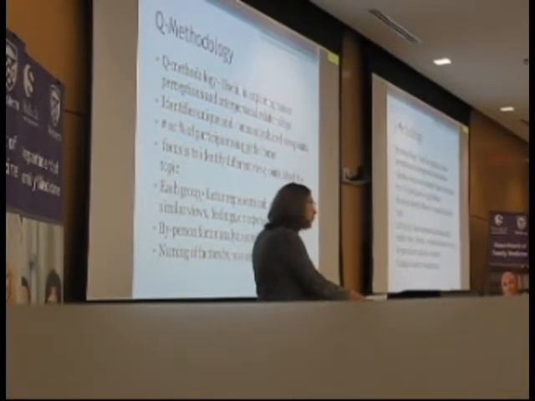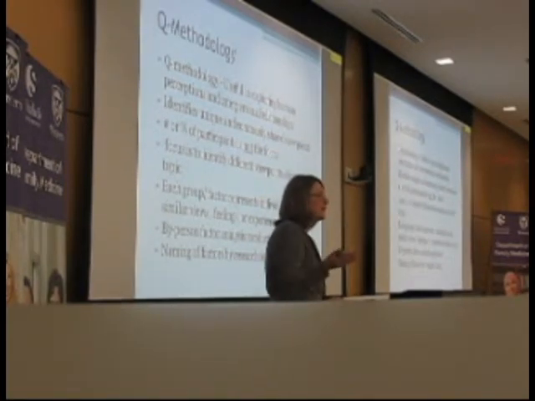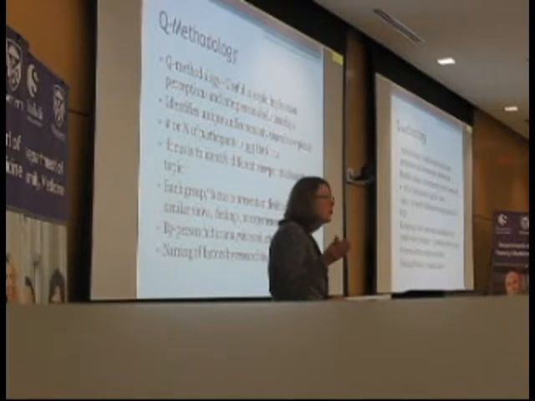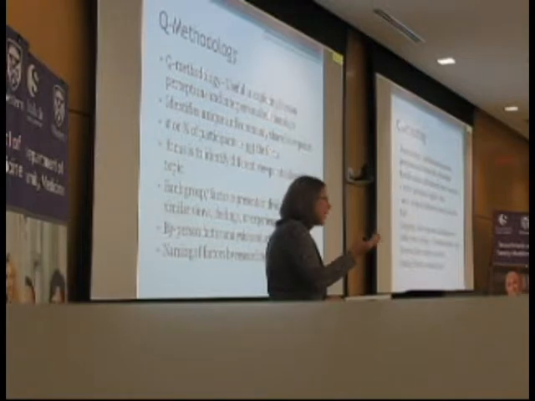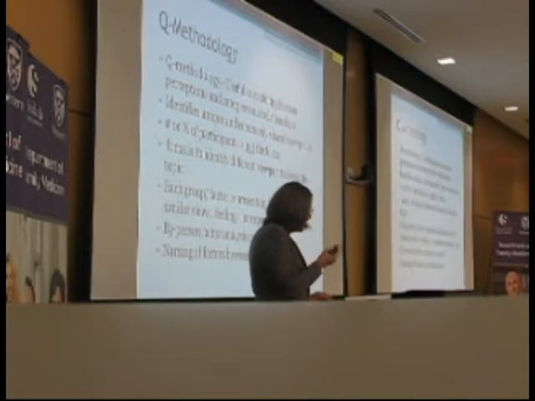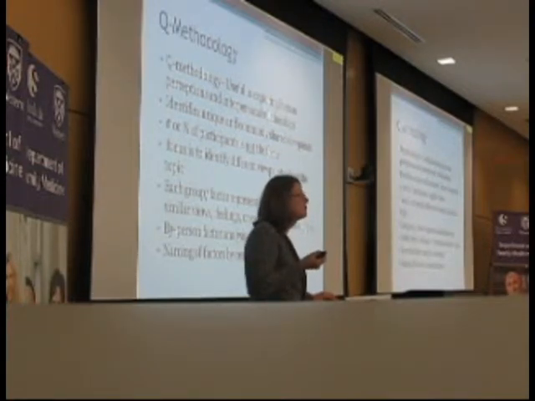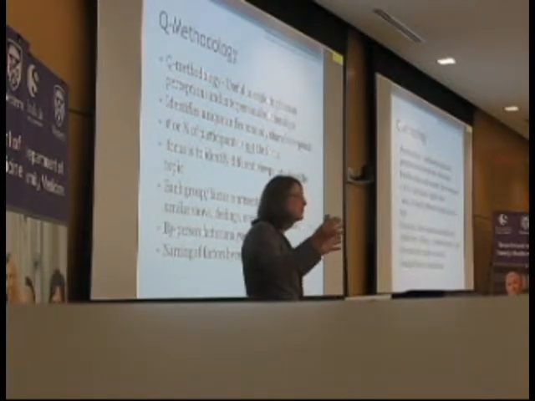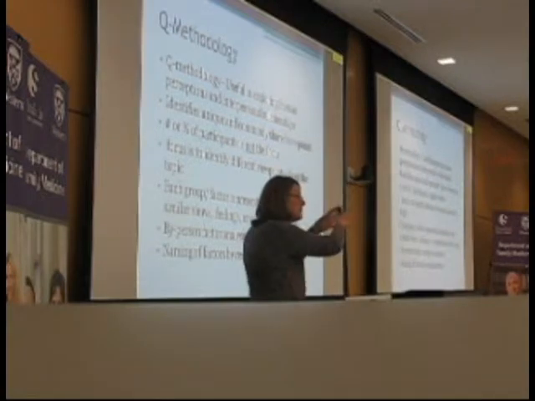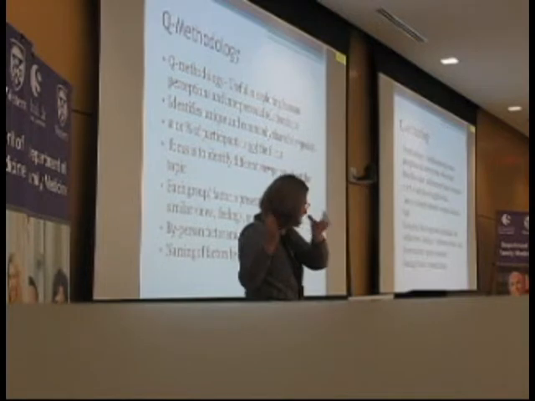So the number of people or the percentage of participants that fall into a particular viewpoint is irrelevant. We really don't care about that. What we want to know is how many viewpoints are there and what are they about. So we try to identify those viewpoints, and we call them factors because it's done using factor analysis as a methodology. And it's a by-person factor analysis, which is a little bit different. So it basically runs the analysis to put people into groups. So you've got a group of people who fell into this factor, this factor, this factor.